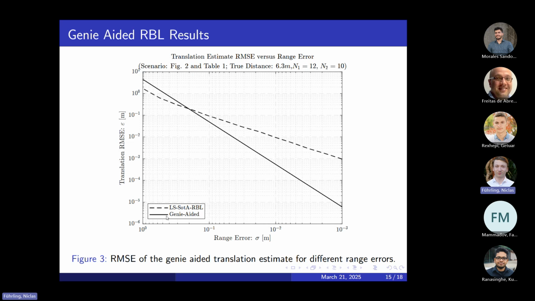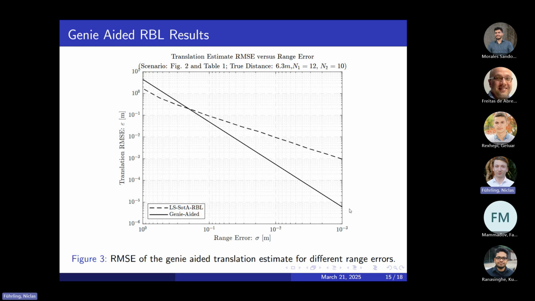What is genie-aided? In our proposed method, as I explained, we assume that we don't know how the rigid body looks, so the target conformation matrix. But since, to the best of our knowledge, there are no other state-of-the-art methods that also have this assumption, we now feed the conformation matrix to our algorithm, which will give us a so-called genie-aided solution of our method. And you can already see here, it beats the state-of-the-art starting at 20 centimeters,